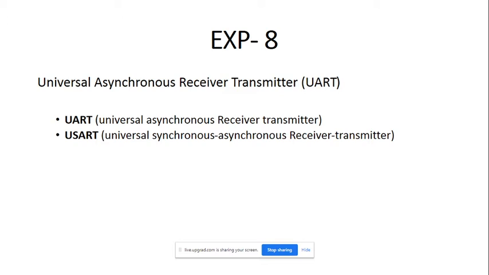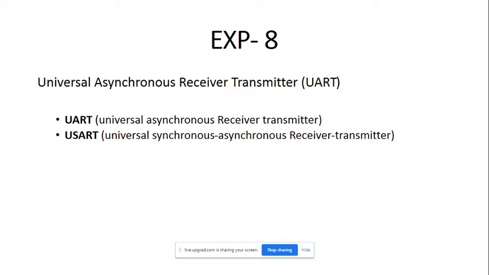We go for serial communication because with fewer wires we can transfer data from one device to the other, whereas in parallel communication the number of wires is large. That's why the cost is higher, and maintenance is also more. To avoid that we go for serial communication, and these are the various modules which support it, such as the UART module, SPI module, I2C module, CAN module, etc.